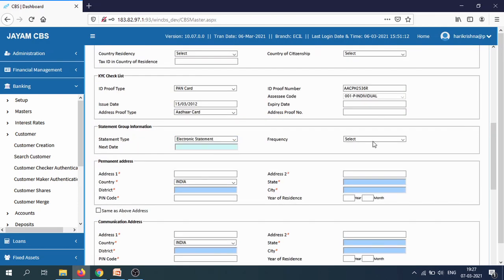Statement, I want electronic monthly. Address will be camp number 65, 3rd Cross, India, Telangana.